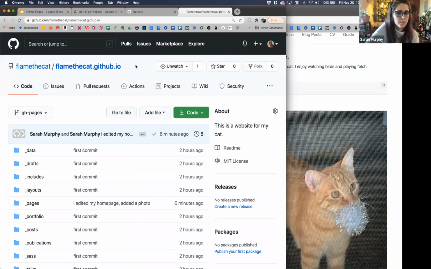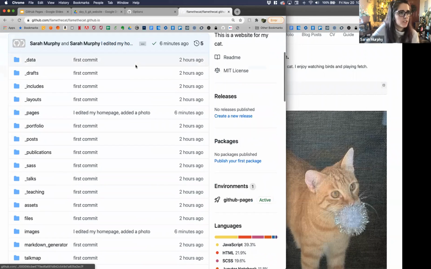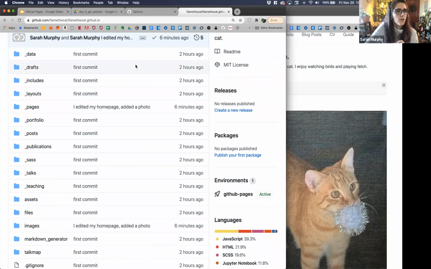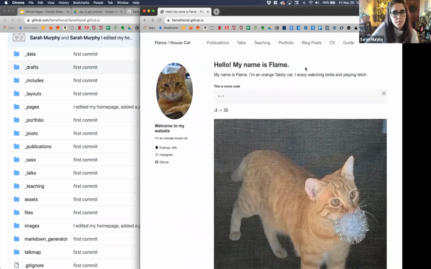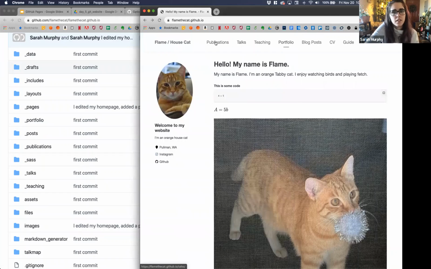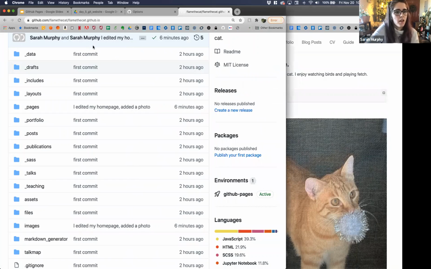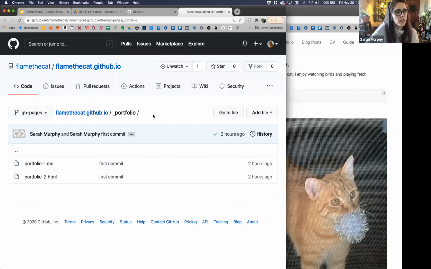repository on GitHub here, this main page that we always come back to. In the interest of time, we're not going to go over every single page type, but each of these are pretty similar. The publications, talk, teaching, and portfolio pages are all pretty similar. So we're going to do the portfolio one because I want to show you how to add in your R Markdown. So click on portfolio,